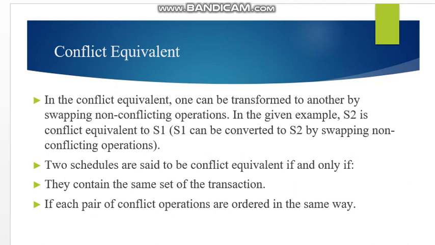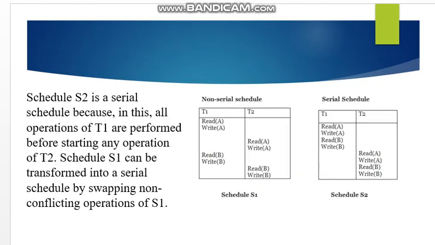So if it satisfies these two conditions, that particular schedule is conflict equivalent. For example, here schedule S2 is a serial schedule, because in this all the operations of T1 are performed before starting any operation of T2. In S2, transaction T1 executes first and after that transaction T2 is executed. While in schedule S1,